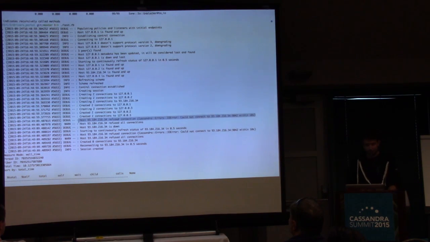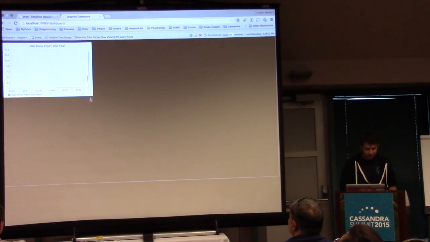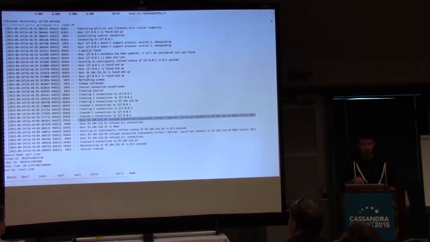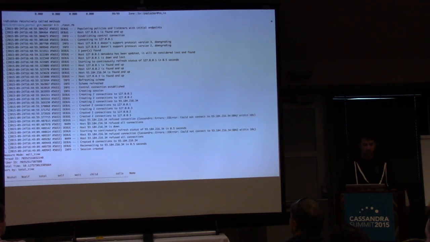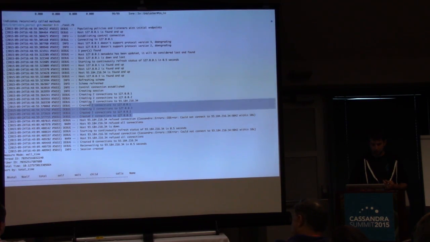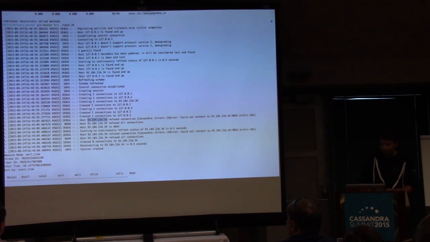Wait a moment, because actually 16 minus 6 is actually 10 seconds, right? So this may be pointing to what's happening. What's happening is that this bad guy here is refusing all the connections I'm trying to make. So why is this? Because I told you that we were running a 3 nodes cluster, right? And I have here IPs 1, 2, and 3. Why are we connecting to this one? Well, we don't know, but